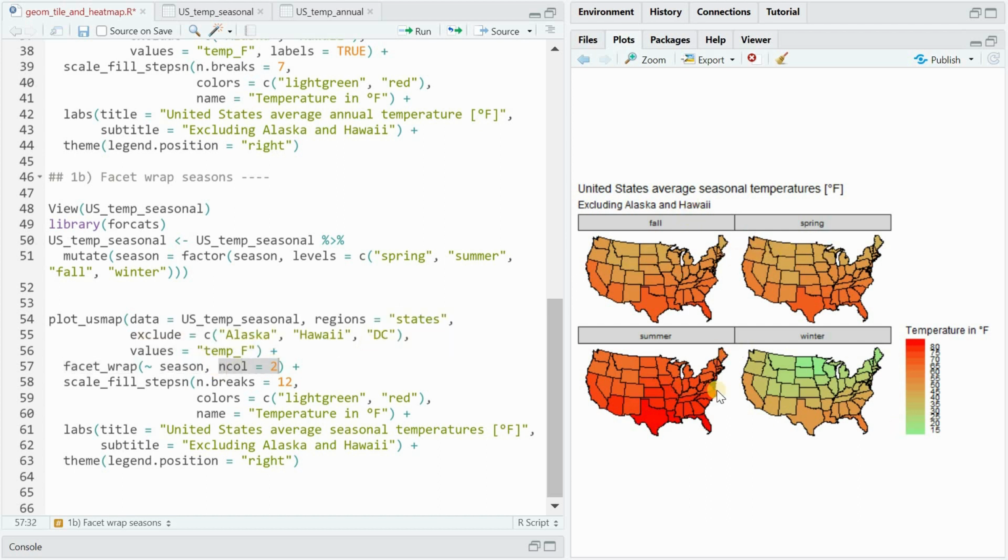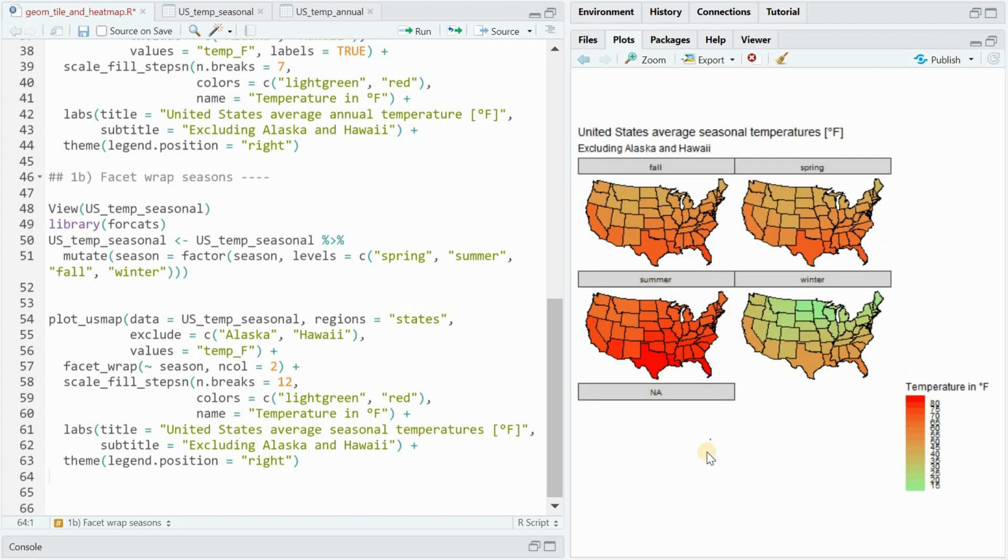And you can give the number of columns you want to have to get this nice quadrant of the different temperatures and seasons. You do have to exclude Washington, D.C. because if you don't, it will generate an extra map by default that's not represented in the dataset, and then you have no season for DC plotted in an extra subchart.